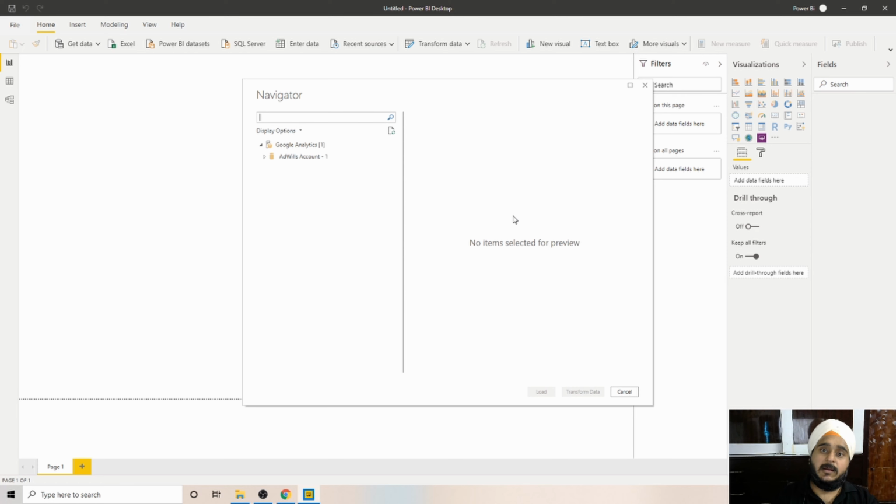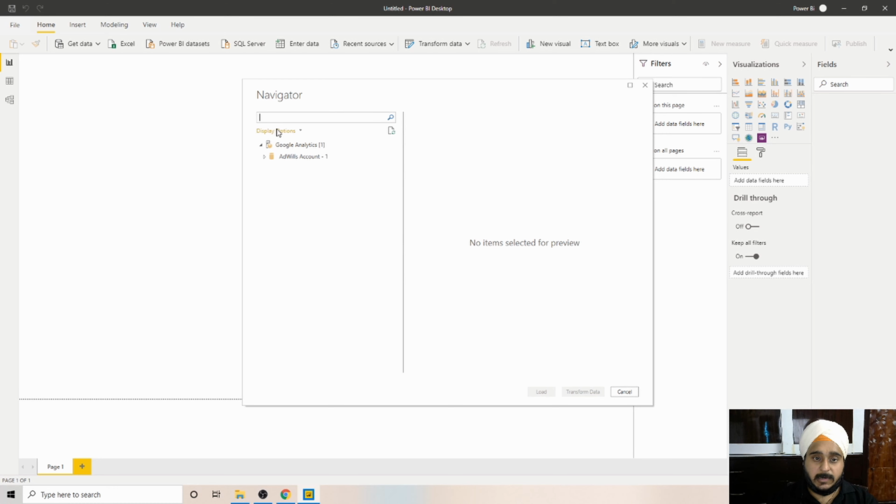Understand this, that I had already done the linking step, and I've already ensured that it was importing data into Analytics. I have some data of the ads which I ran for the adverts.com website, for that property, in Analytics. So I'll just import that, and I'll show you a dummy dashboard quickly.